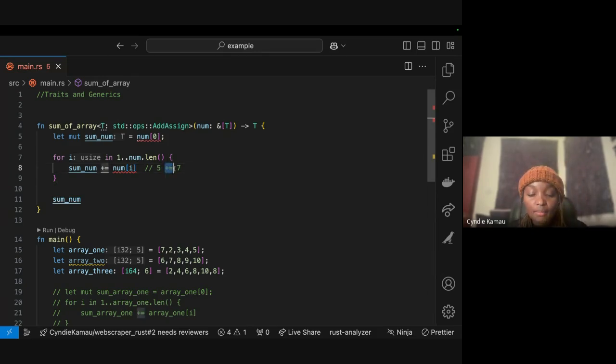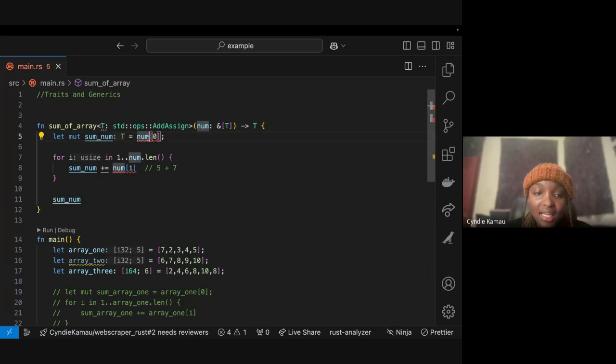When someone builds a compiler, these are some of the things we call tokens. When it comes to how compilers convert programming language, which is human, to machine code, which the machine can understand, these are the things we call tokens, right? So when you see add assign, it just means plus equal. But if we were just adding, it would just be 5 plus 7, right? Okay, so as you can see now, the error for plus equal is gone.